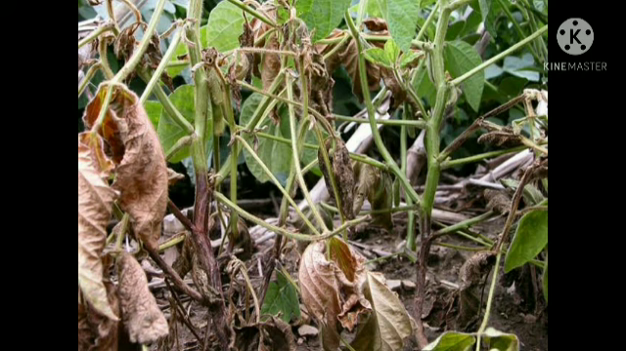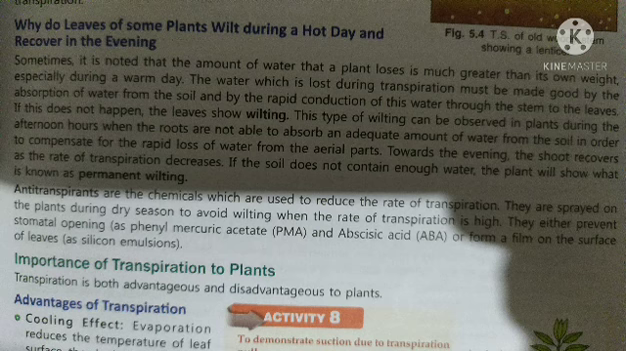But during the evening time, the shoot or the leaves recover from the wilting process as the rate of transpiration is decreased during evening. But my dear students, you should know that if the soil does not contain enough water, the plant will show permanent wilting process. So to avoid such wilting process in plant, there are chemicals known as anti-transpirants such as phenyl